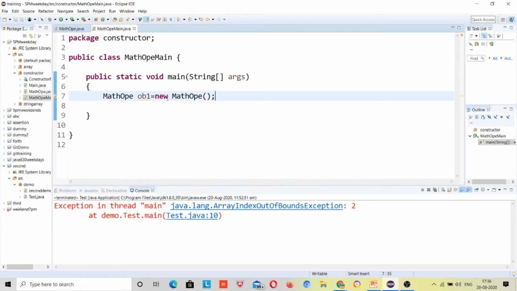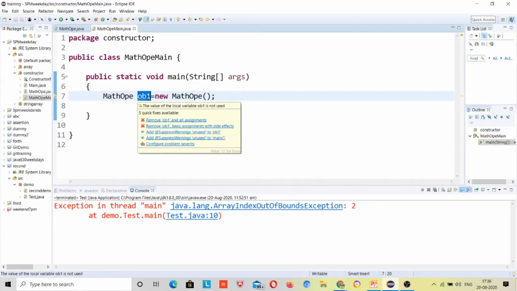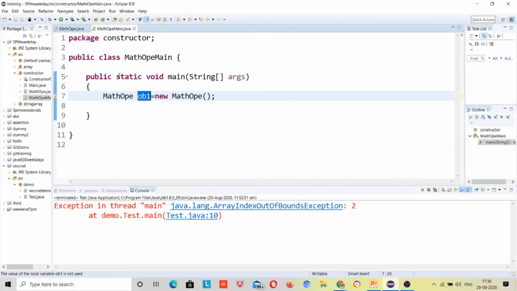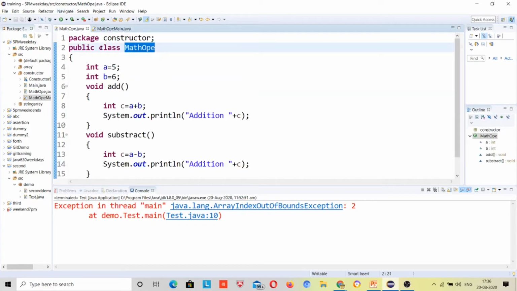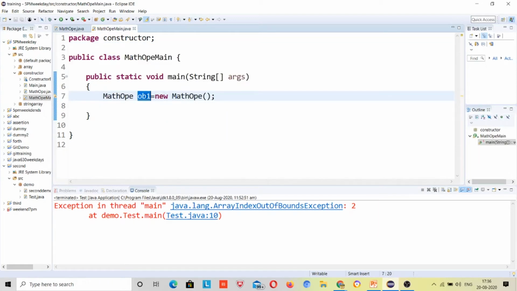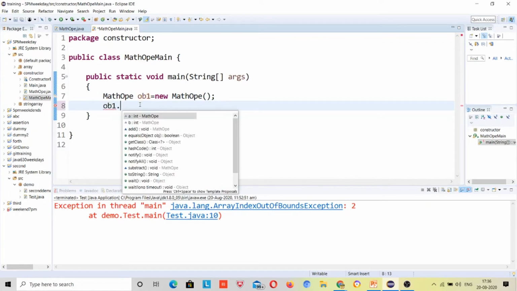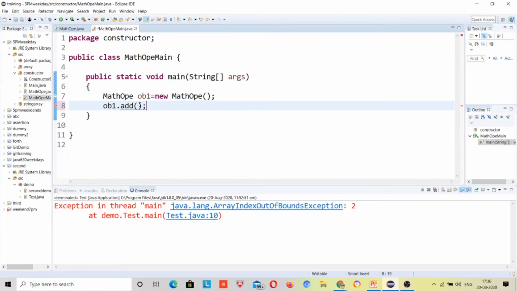So here you have seen that the math of class object is being created. Now you have usage of the addition method here. Just call only that method. If you have usage of only the addition method, call only the addition method. Don't call all the methods. You need addition, so don't call subtract, right? Just call this method first. How can you call? Object name which you have created for that class, dot, method. You want to call addition, the add method, right? You have called this method.